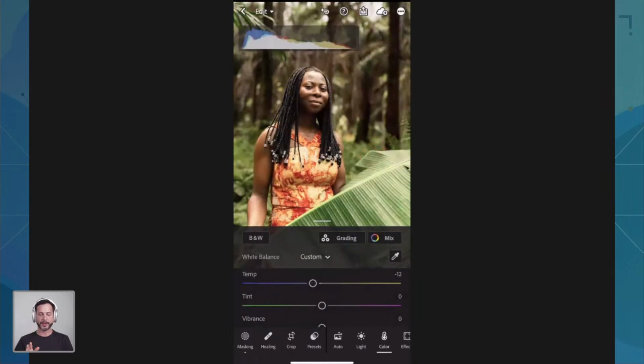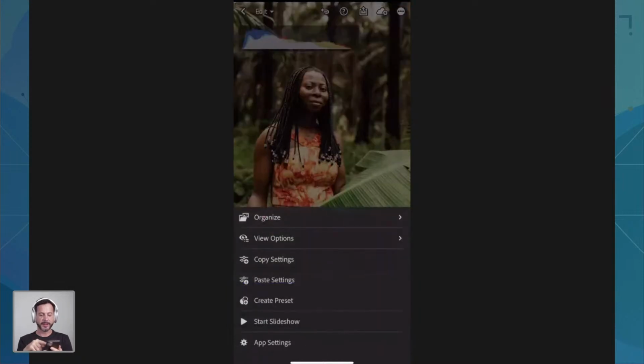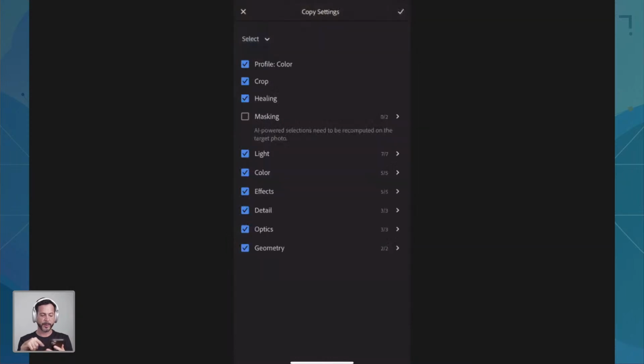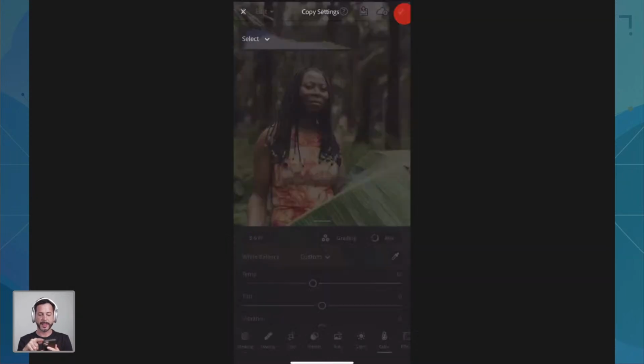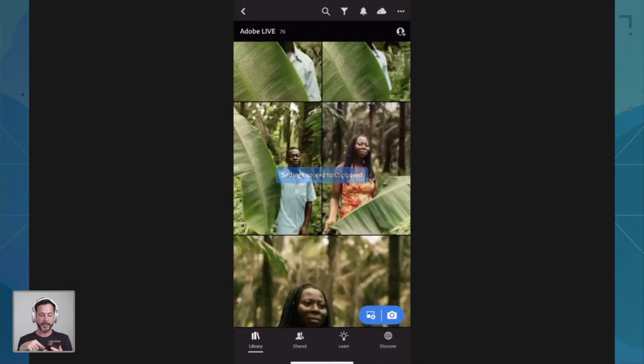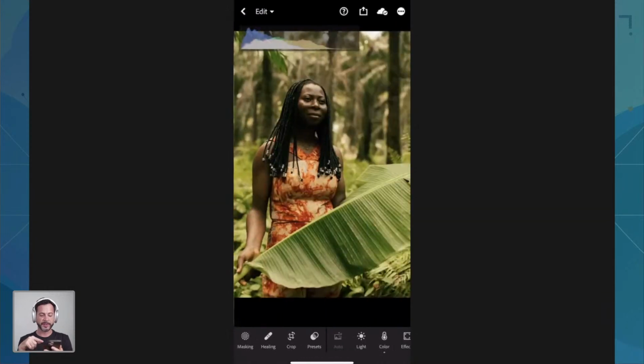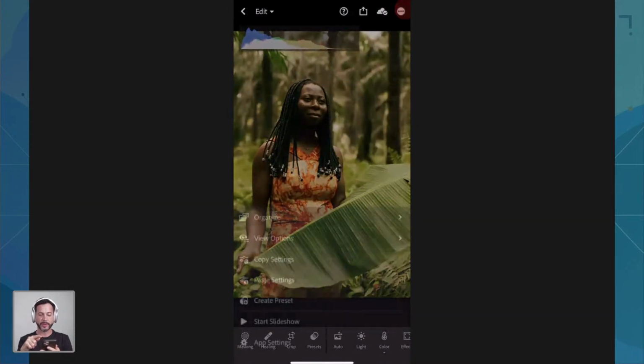The fact that I can do this on mobile just blows me away. So again, I want to hit this on the very top right because I want to copy these settings. Oops. There we go. We want to copy those settings. Go ahead and include masking, hit that checkbox. And then I have more images in that same series. So we're going to go on the very top right,